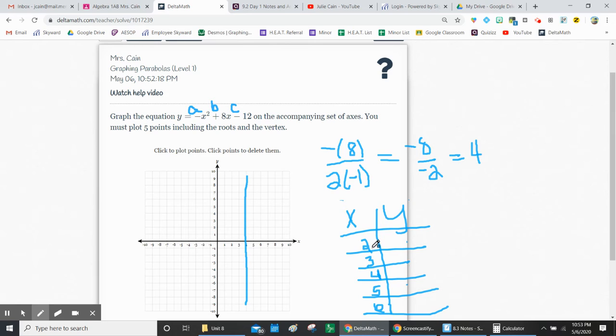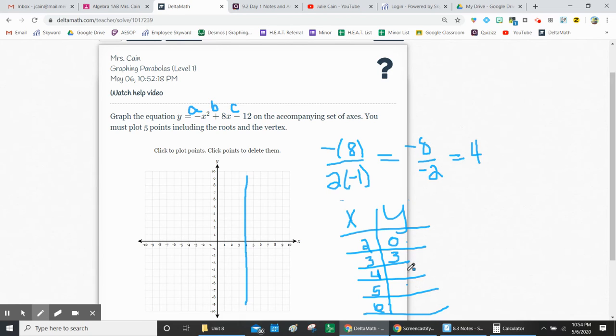If I plugged in 2, I'd have negative, parentheses 2 squared, and I'm just going to type this into my calculator. Negative 2 squared plus 8 times 2 minus 12. So that gives me, look at that, I get 0. And then I'm going to go back through and plug in the 3, and that gives me 3. And if I plug in the 4,